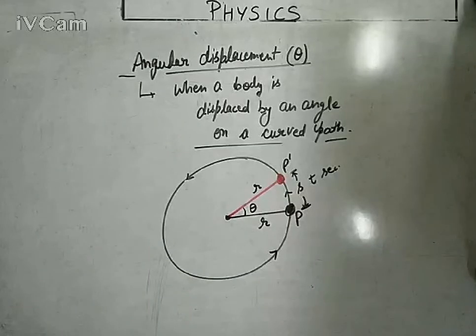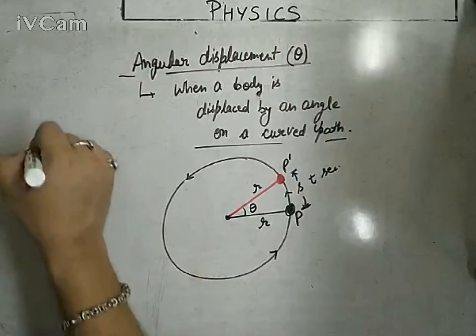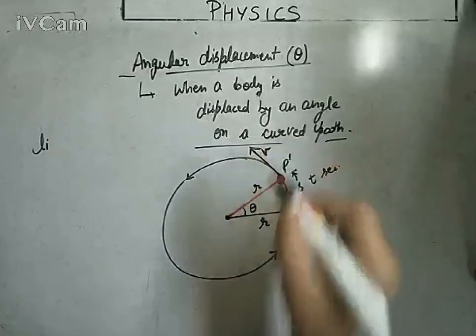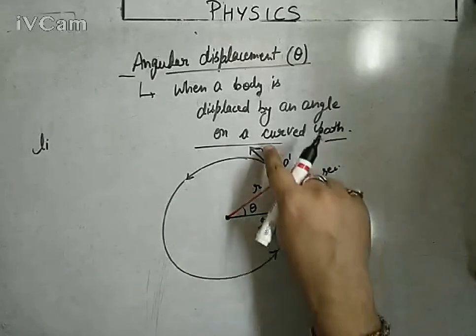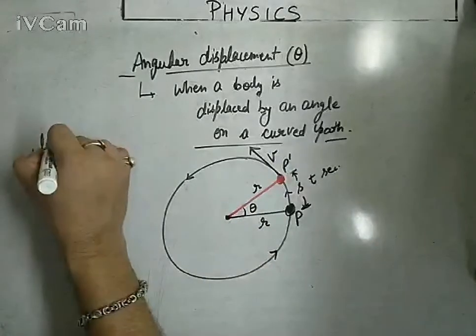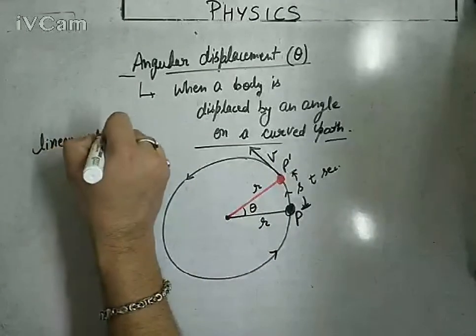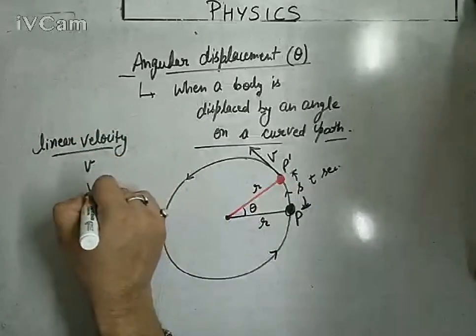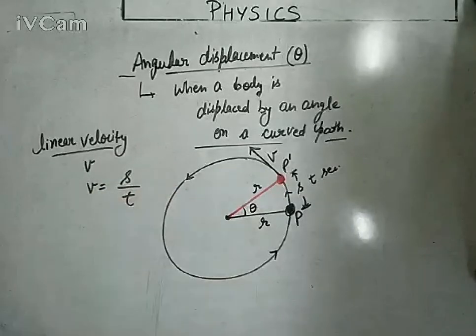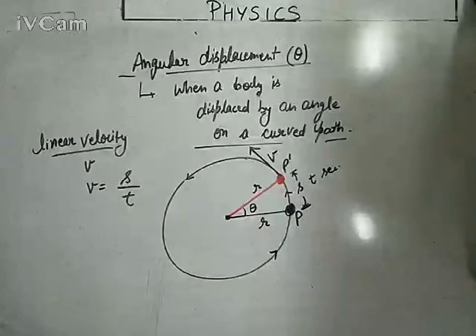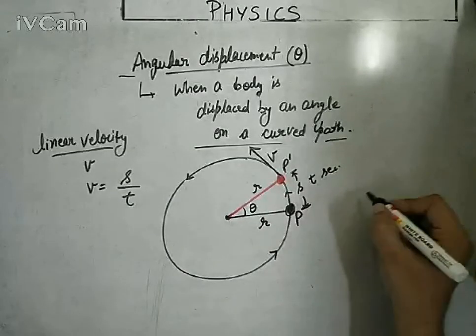So if I talk about the linear velocity of the particle, the magnitude of linear velocity is v. I am just talking about magnitude because we are talking about uniform circular motion, so the magnitude will remain the same. The linear velocity is represented by v, and it is the linear displacement s upon t. And if we are talking about a very small displacement, we can say ds upon dt in calculus form. Let me draw it for you here.